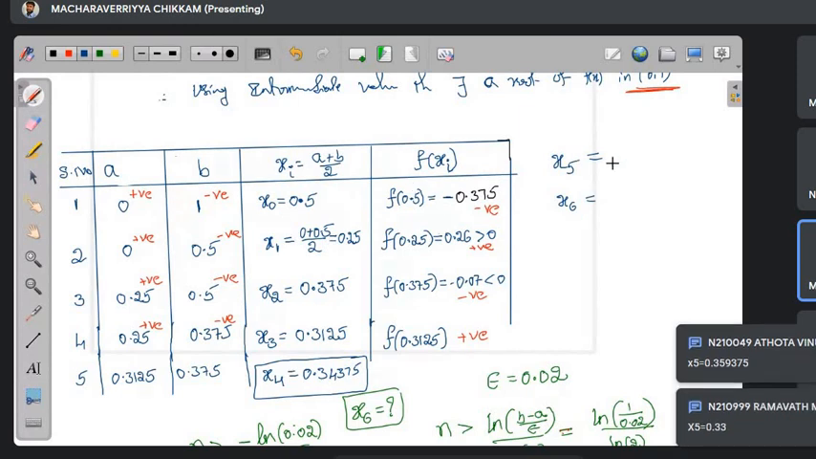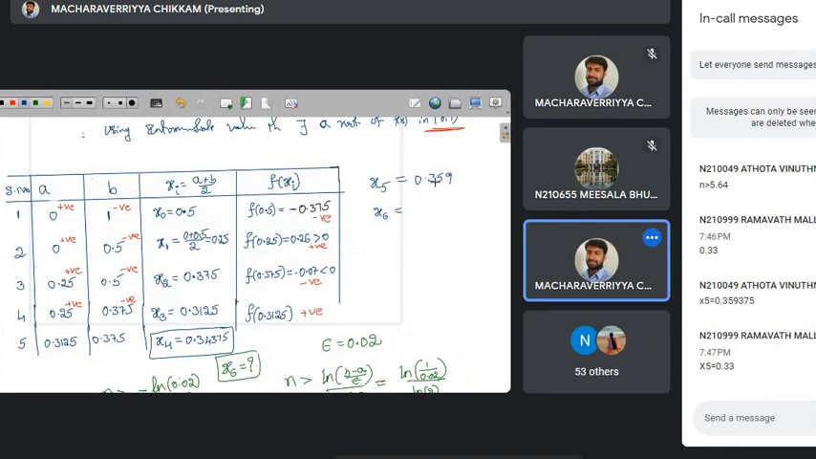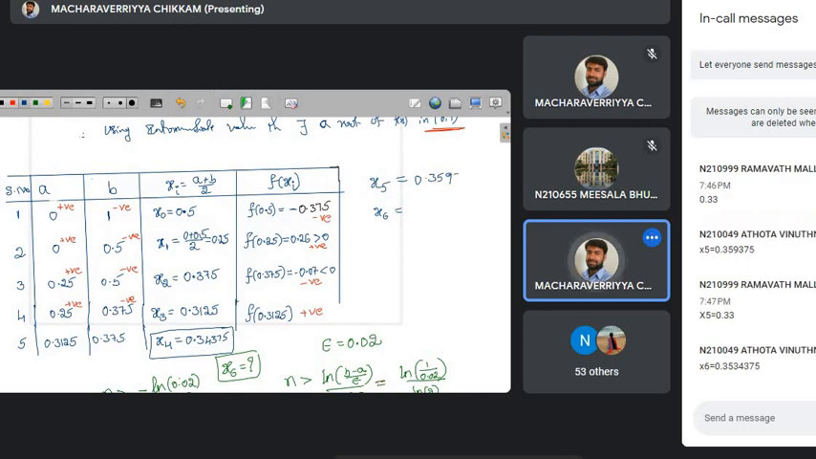So good, there is an answer. X5 is 0.359. Wait a minute, let me write. 0.359, x7. Okay, good. And x6 is 0.353437. So now this is the root